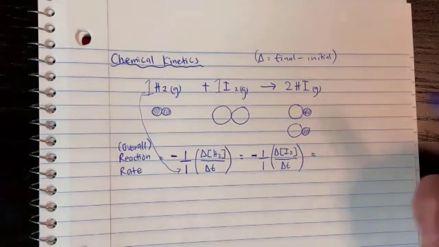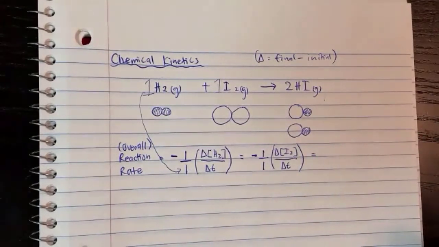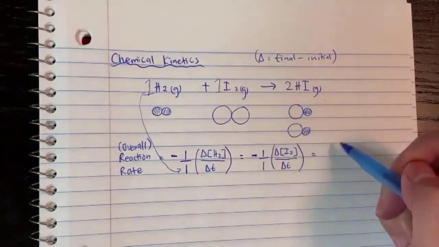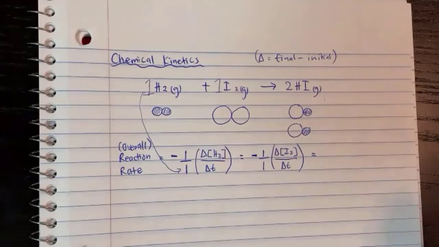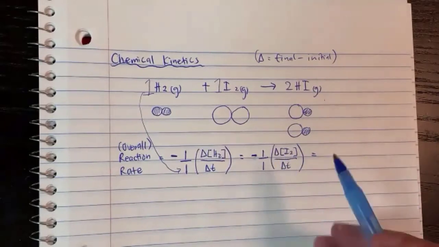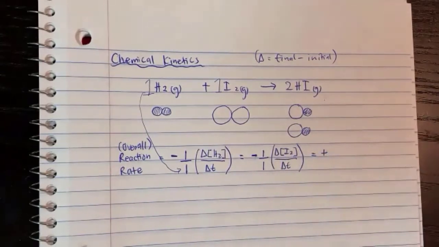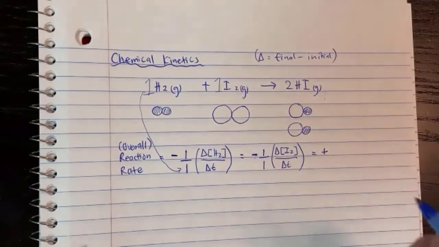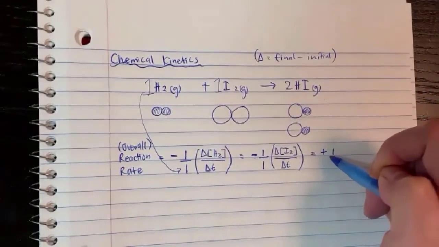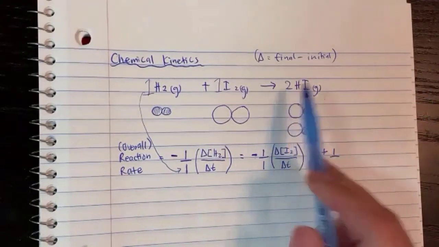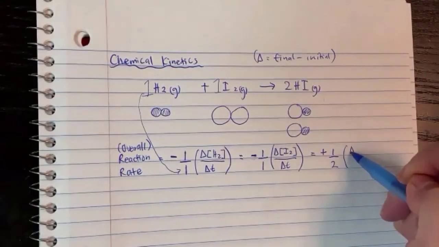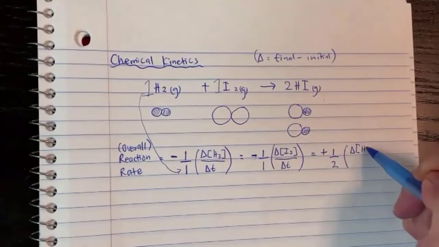Now, we can also write a reaction rate by using HI. HI here is a product, so we don't need the negative sign anymore. We're going to leave it as a positive. So a product is a positive sign, reactants will be a negative sign because we know reactants go down over time and products increase over time. So it will be 1 over, what's the coefficient here? It will be 2. And then you put your bracket and then delta concentration of HI